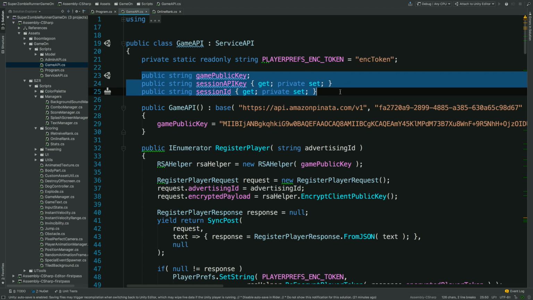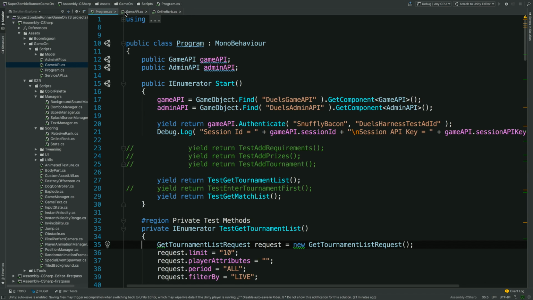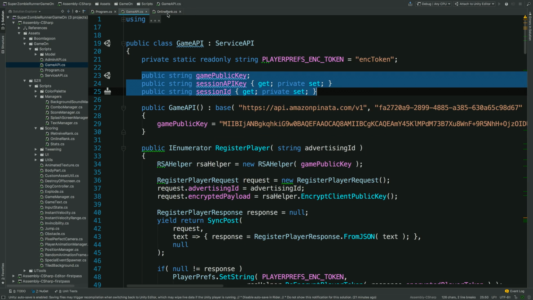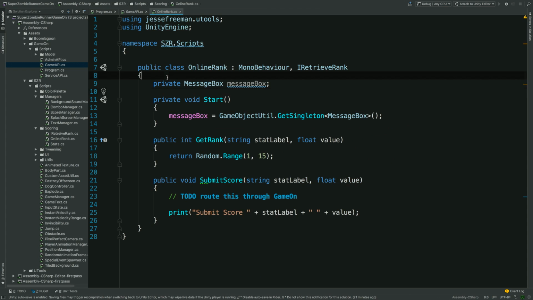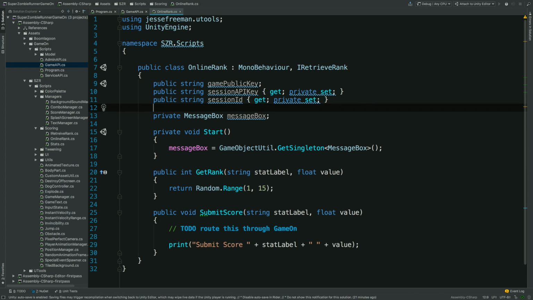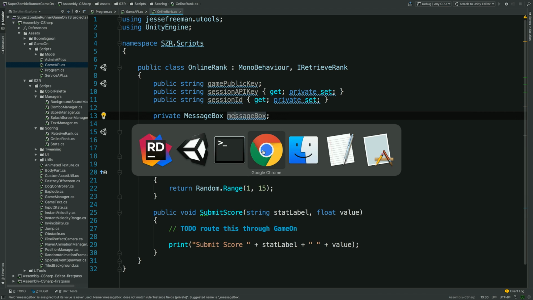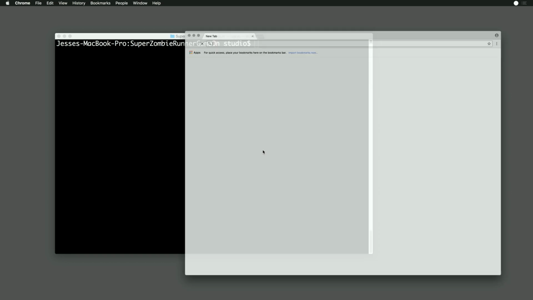Yeah, I gotta fix this real quick. All right, we're going to go to online rank and create three public things: the public key, the session API key, and the session ID. And I actually want to rename this to